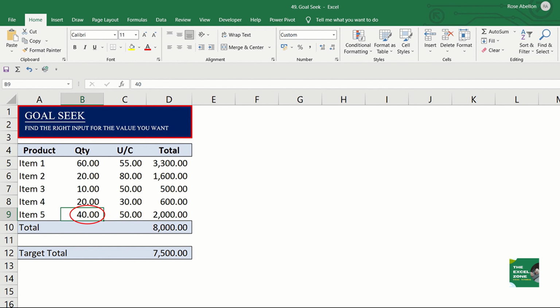Besides, it can be time-consuming. Another way is by trying to input numbers until it hits the target. Since you want to reduce the total from 8,000 to 7,500, the volume needs to be reduced. You can try 37. The total is still higher. Then you try 35 and it's closer. You can try more, but before you waste your time in trying different inputs, why don't you use the goal-seek